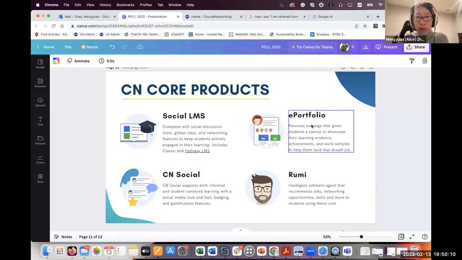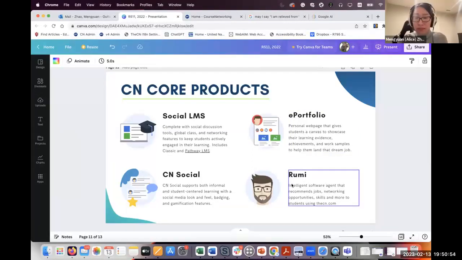E-portfolio, this has been our R&D focus of the past 5 to 6 years. It's built upon users' CN profile. Initially, users just have a brief profile, and then we developed it into a more comprehensive e-portfolio. So it's kind of like LinkedIn, but this one is specifically designed for students. So it's an academic e-portfolio. Students are able to network with each other and put their assignments, their learning artifacts, their learning reflections onto their e-portfolio. And they get to carry it lifelong because we made our e-portfolio social and lifelong.